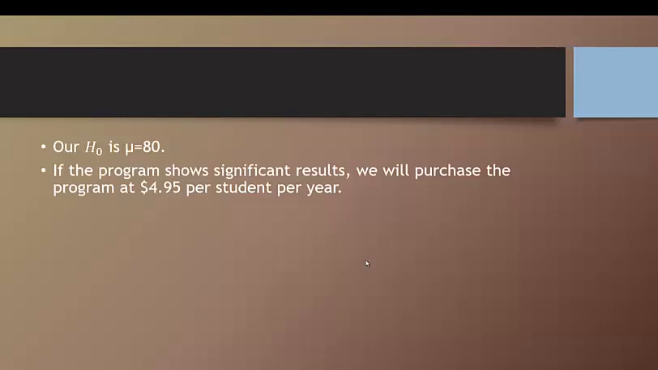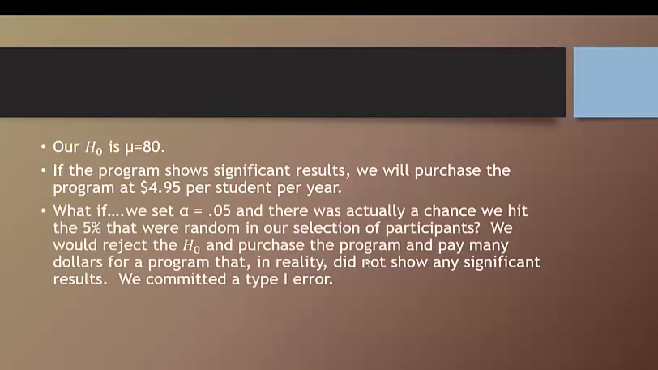And so you're the principal, and you're going to set this experiment up to see if it actually works. And you could do this, okay? So what if we set our alpha at 0.05, and there was actually a chance we hit the 5% that were random in our selection of participants? In other words, we set our alpha at 0.05, a decent alpha, kind of on the high end of statistics, as we said earlier, but it's decent. What we're saying is we're willing to accept the 5% chance that